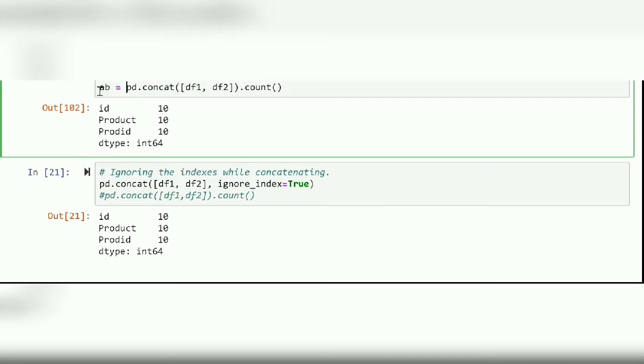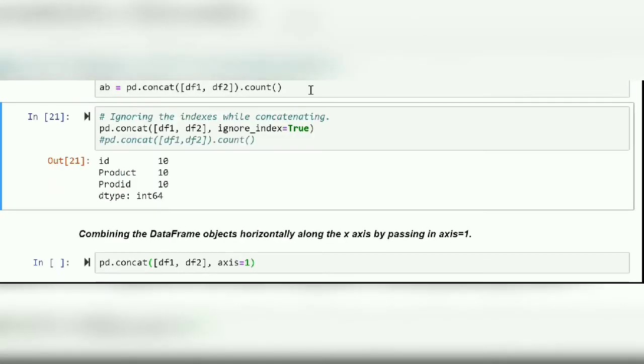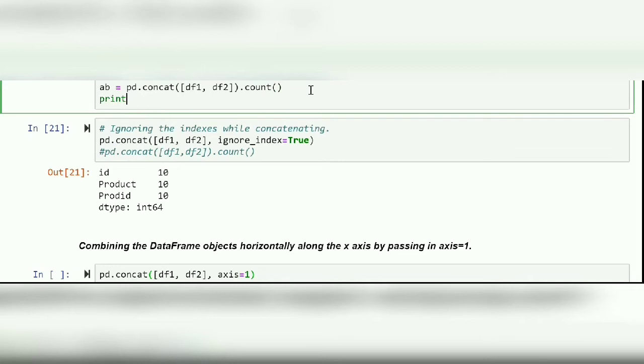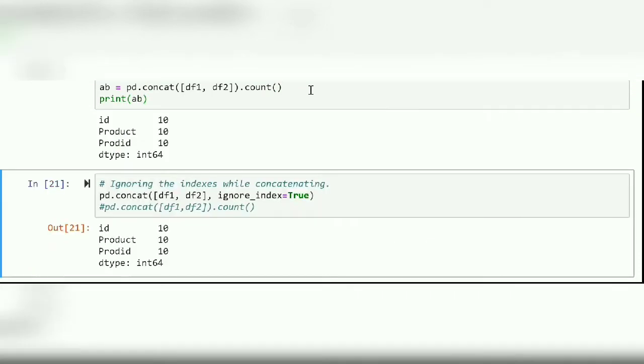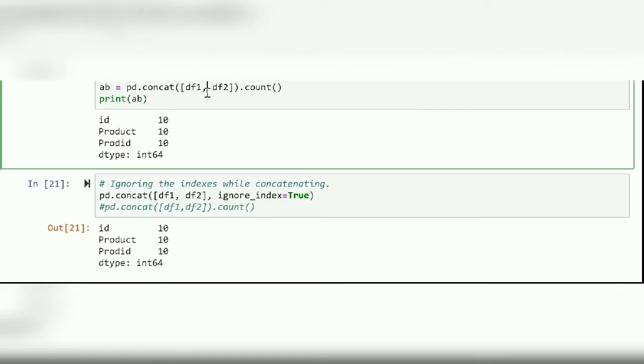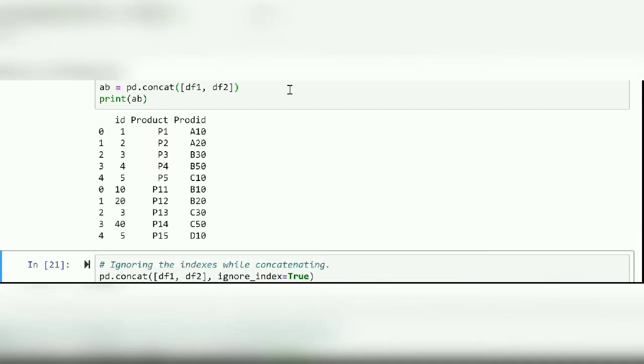If you want to store it in a variable, you can very well go ahead and store it, and then later on for your purpose you can print it. So this tells me that there are 10 rows. Now let me remove this. So this is how we concat two data frames in the most simplistic manner.